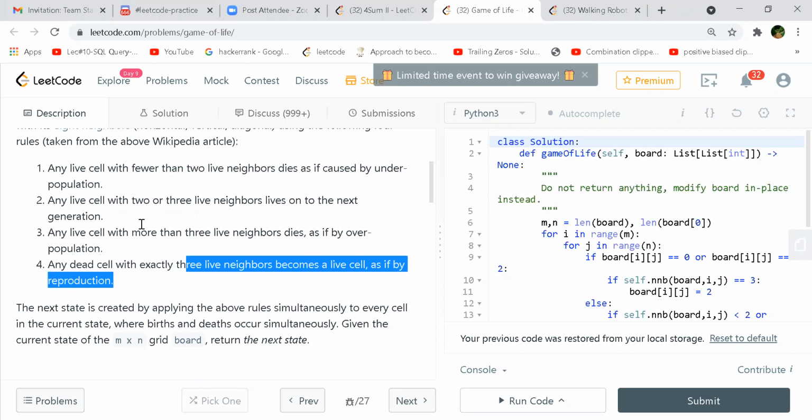If it is greater than 3, it will also die, correct? But if it is equal to 3, then it will become alive. So fewer than 2 or more than 3, it will die, and equal to 3, it will become alive, or rebirth, whatever that is.